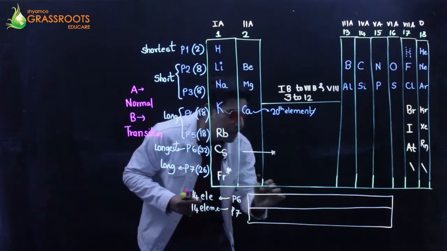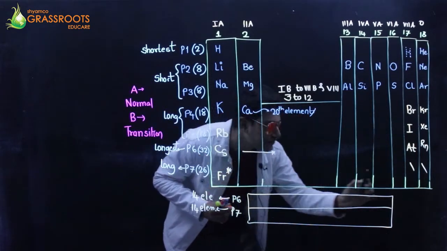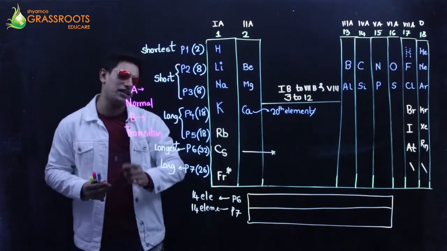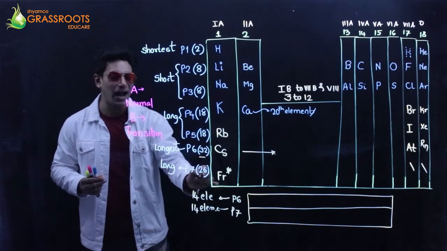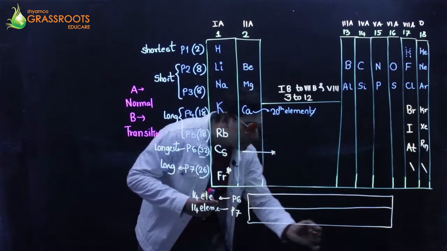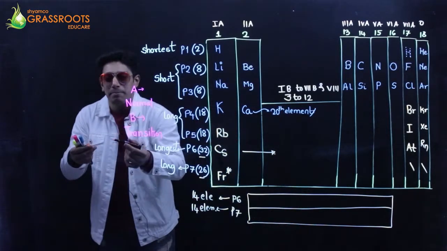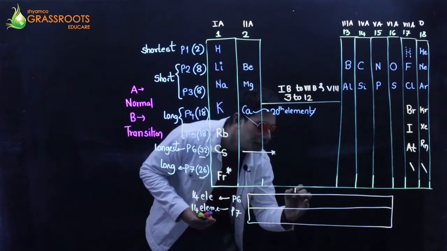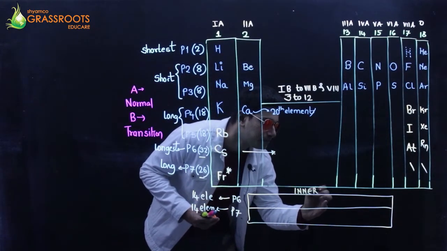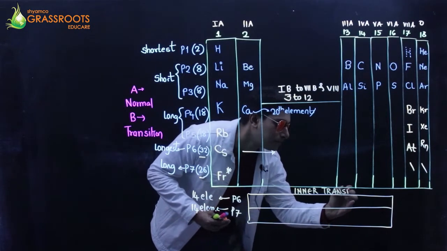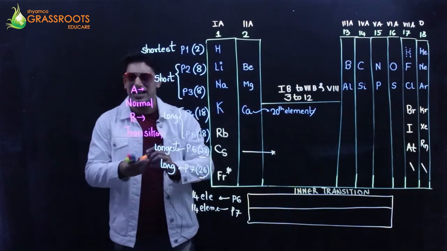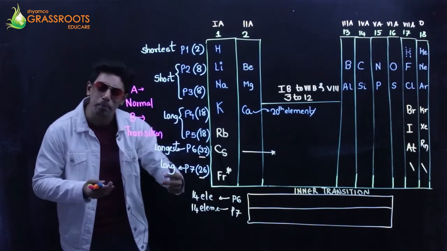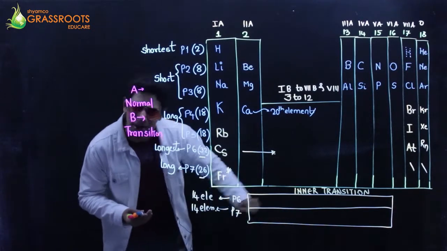In the 7th period, out here, you have 12 elements. 12 and 14 out here makes it 26 elements. That's how we get 32 and 26 as the number. And these two periods or these two rows which are placed separately at the bottom of the periodic table are called inner transition elements. And there is a special name given to it. So the inner transition elements are the two periods, 6 and 7, a continuation.